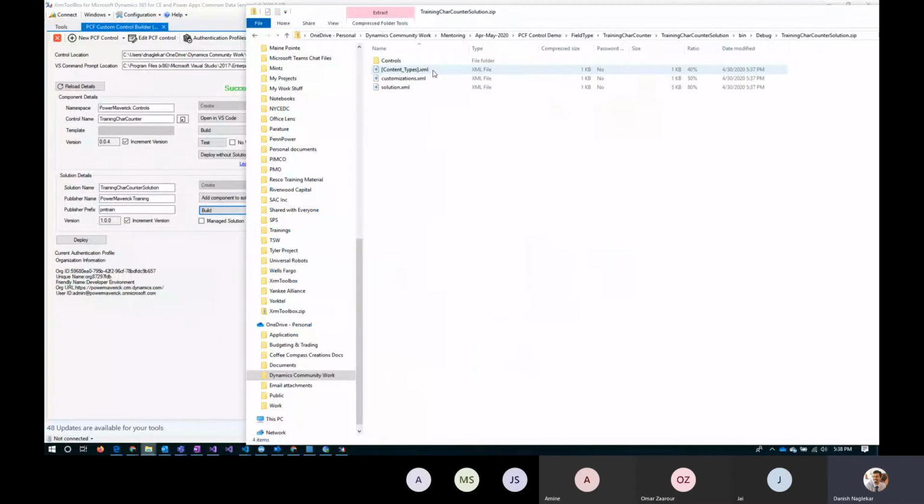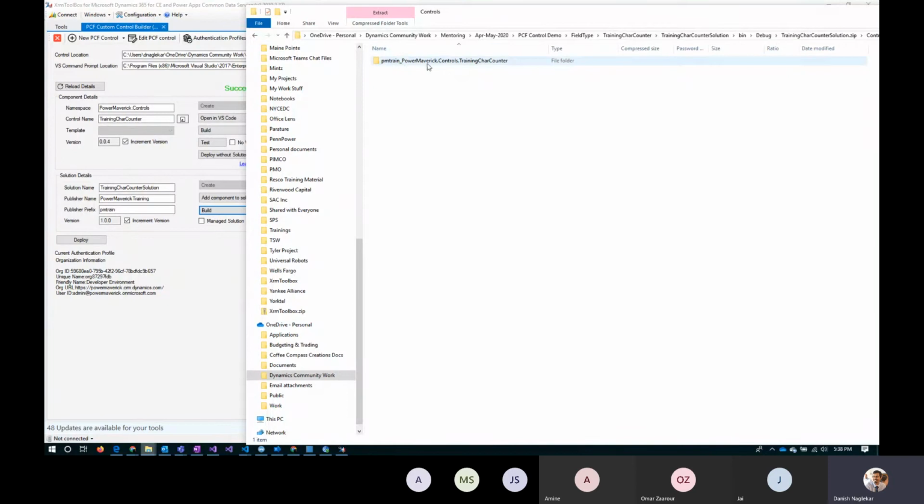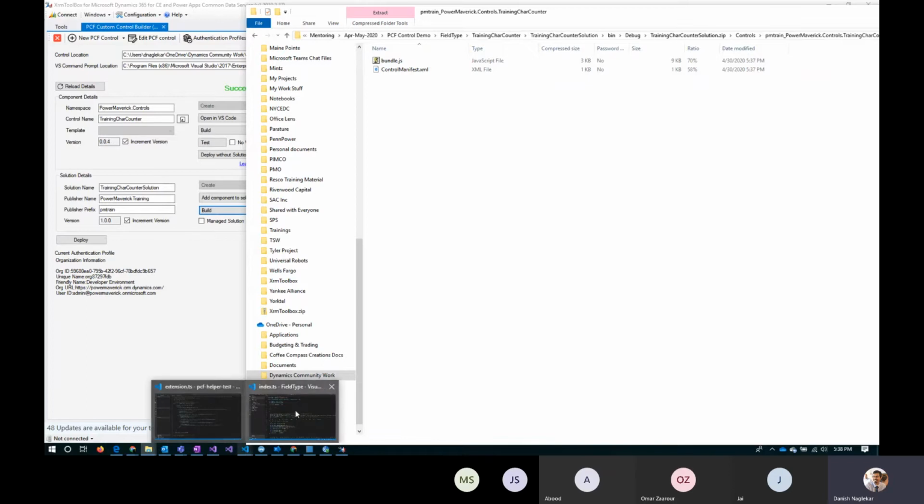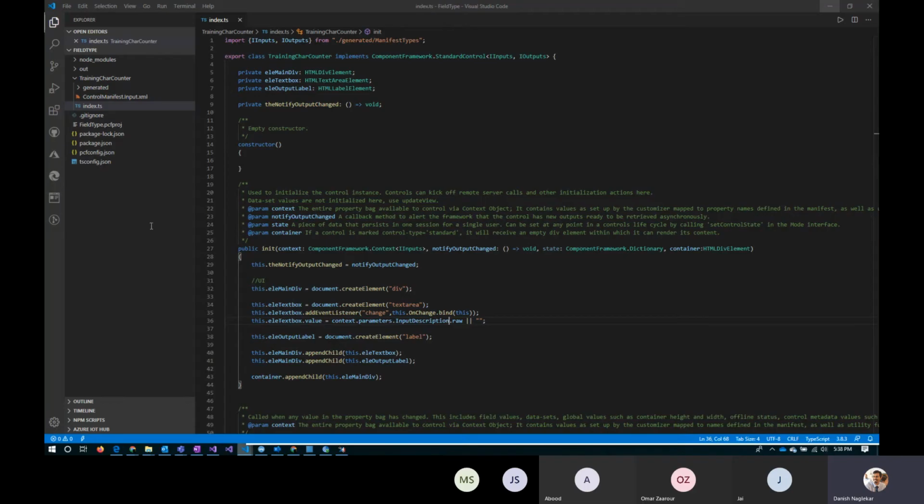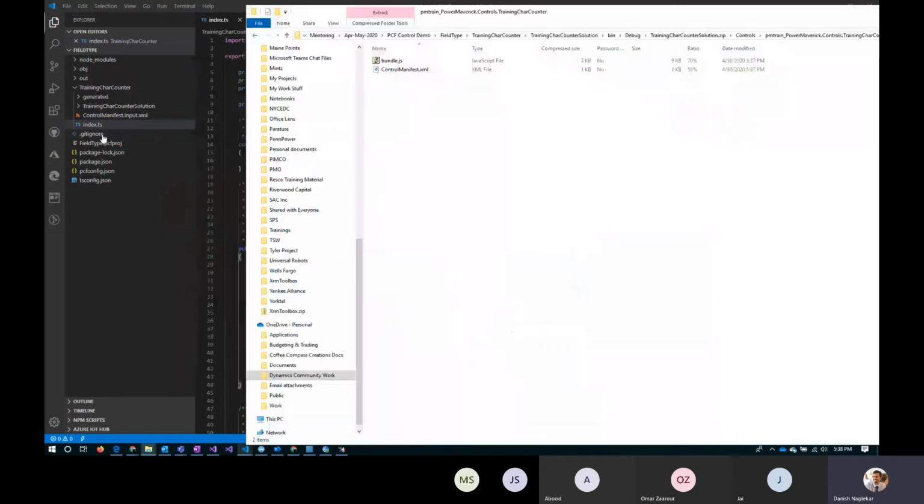And if you go into the zip file, you can see there's a control file and the control name would be the prefix underscore your namespace and then your control name. Okay, if you go inside it, we had what, two files in this solution, right? We had index file and then we had, yeah, we just had index file, but doesn't matter. You could have multiple files